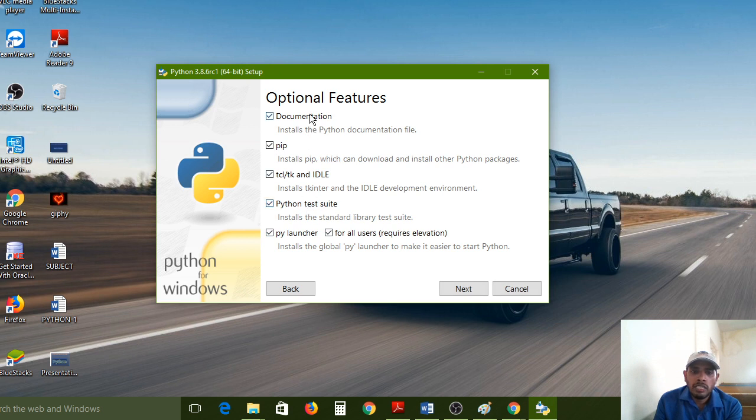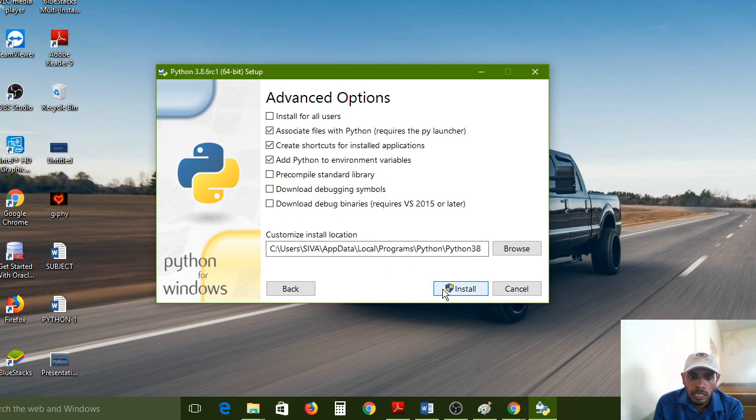Customize installation. Here we need to check everything. Don't uncheck anything. All options need check marks. Next I'm clicking on the next button. Here also the same. Precompile standard library also we need to select with a mark. After that, install for all users.